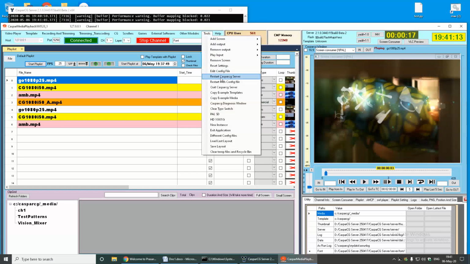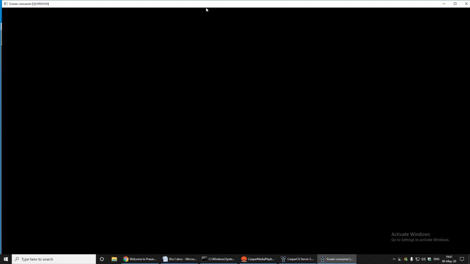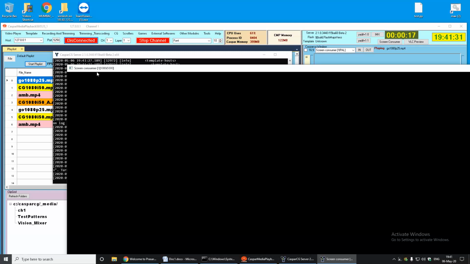Tools, restart Casper CG server. After editing the config file and saving the file, you will need to restart the Casper CG server. So from this menu you can restart the Casper CG server like this. So you can see screen consumer 1080i 5000.